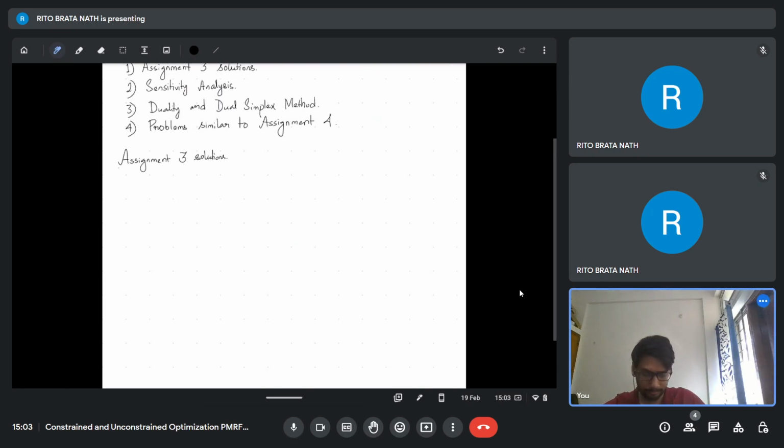Right, so let's see what the first question was. It says: what is the coefficient of artificial variables in the auxiliary objective function z star in phase one of the two-phase method. As we have already learned in the previous class about the two-phase method, the first problem is: